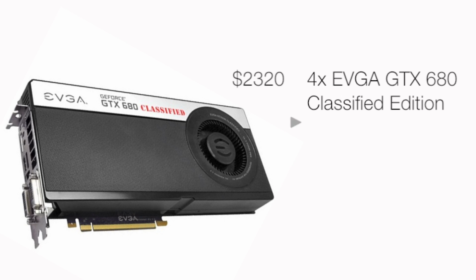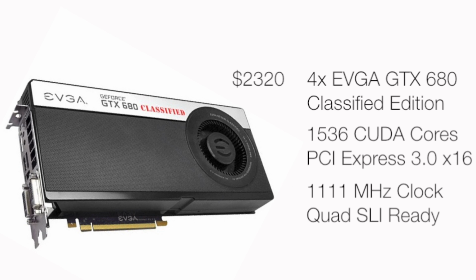Now that we got the CPU out of the way, let's get to the GPU. $2,320. We have 4 GTX 680 Classified Edition. These are the best NVIDIA cards in my opinion, and this is the best setup for NVIDIA cards. I mean, yeah, you can get 2 690s, but to be blatantly honest, having a dual GPU card isn't exactly the best way to go. So we decided to go with 4 GTX 680s Classified Edition. You can overclock these things pretty damn well, and obviously the motherboard we have will be able to support Quad